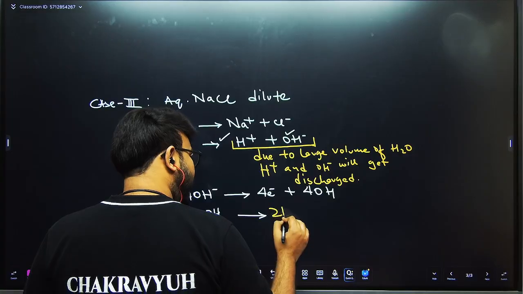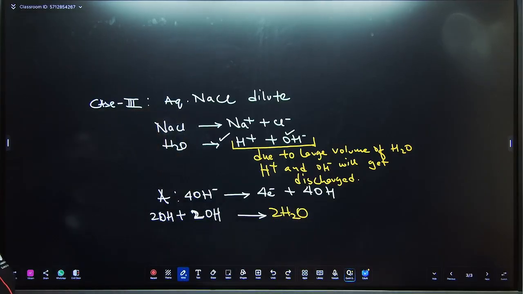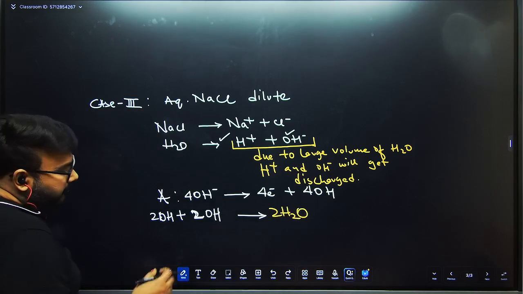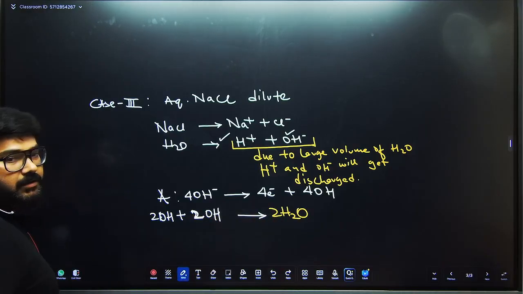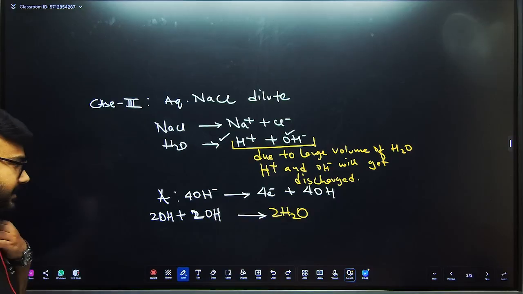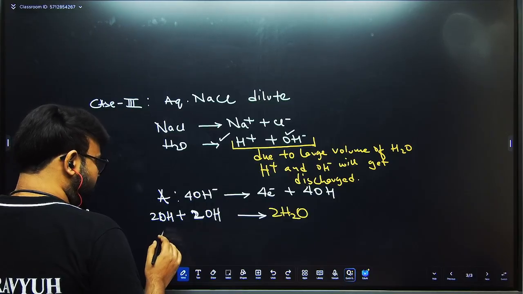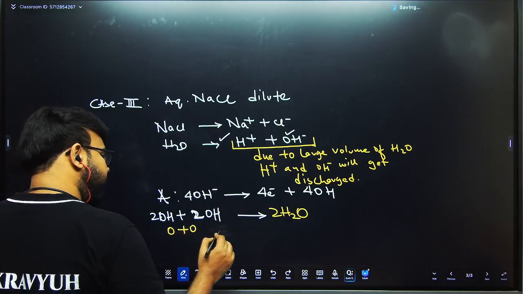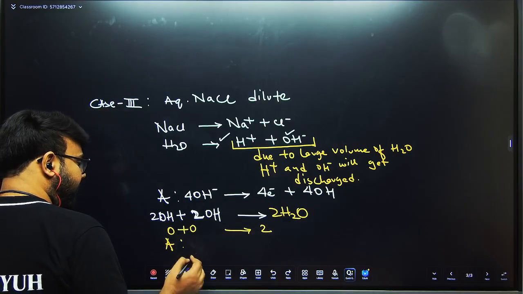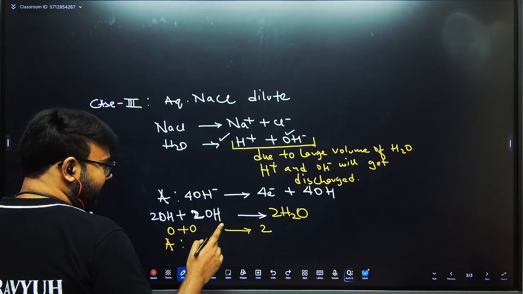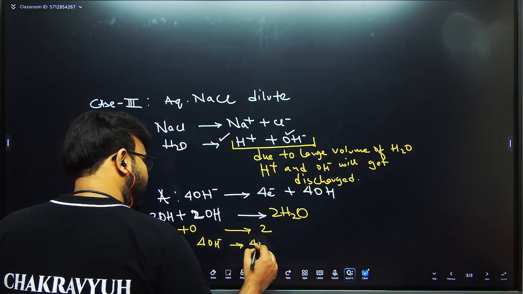So it will form 2H2O. Now if from the 4 OH I have taken 2H2O, what is left? Tell me. The leftover O will produce O2. So the final anode reaction will be 4OH minus loses 4 electrons